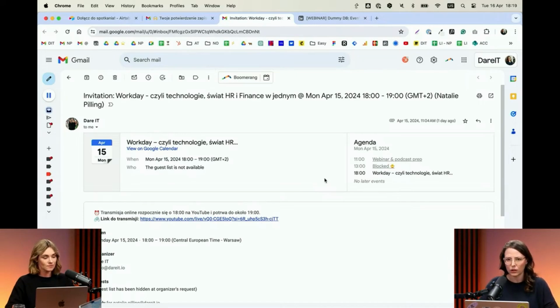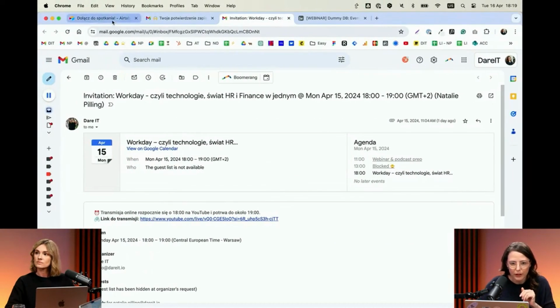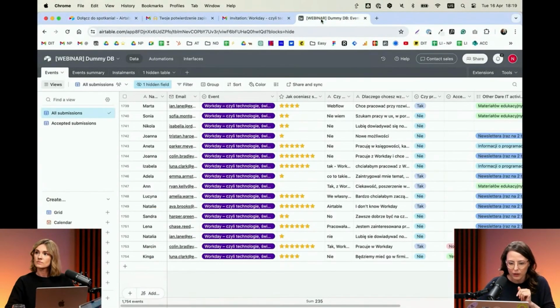I want to show you a couple more automations for, as I mentioned, a little bit of inspiration, but also so that maybe now that you understand the logic, you know the basics. The first automation is, as we've seen here, we already know that we have received all of these